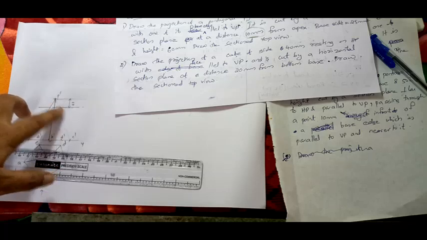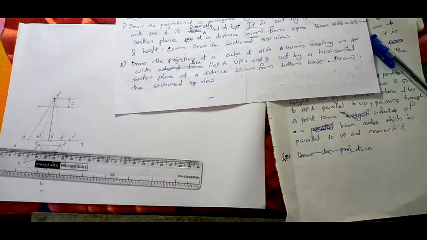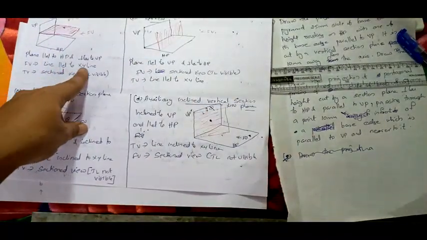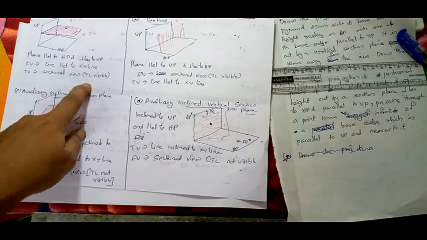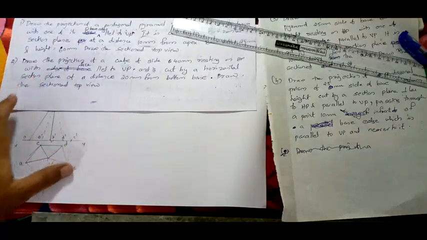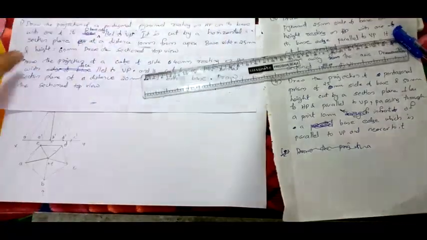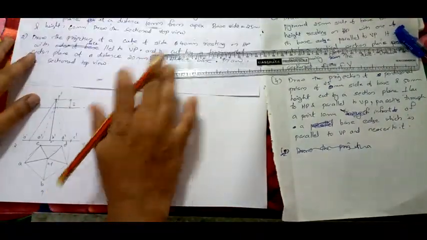Next, I have to find the corresponding points. Now see, I have already told that we have drawn this front view line parallel to XY line, and the top view is the section view, right. We have to find that top view, that is our problem. We have to find that top view. How to find that top view, we will see now.